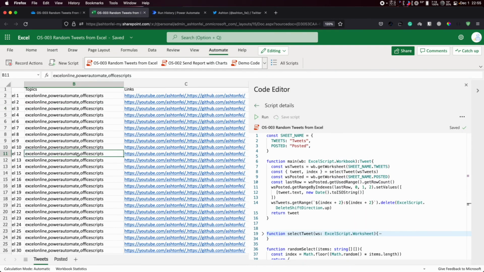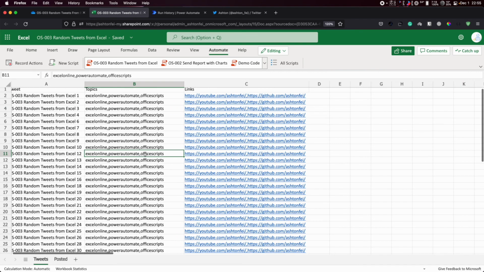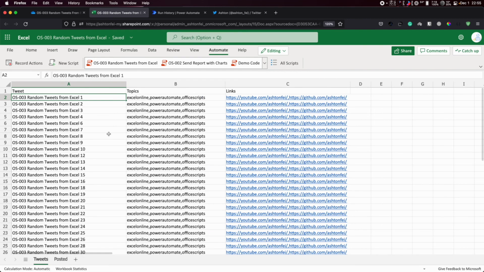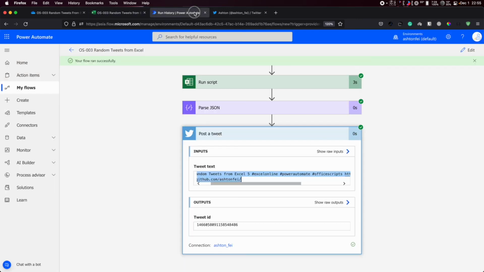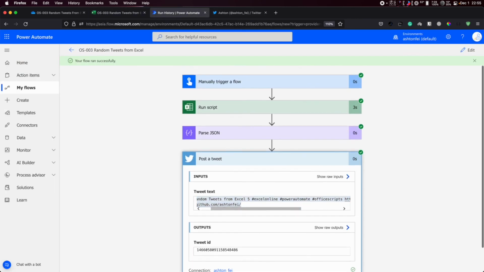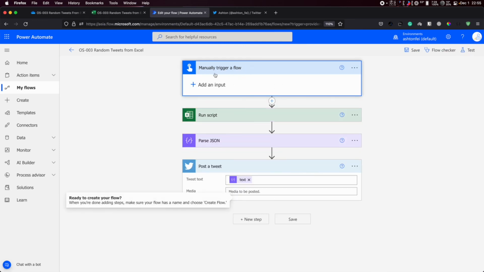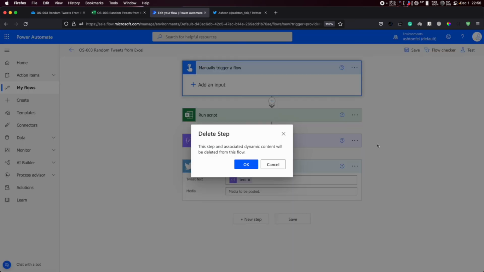So if you're trying to do something similar, maybe you need to post or tweet every day, maybe 20 times a day, you can do something like this. It is very interesting, and it should be a very easy job to do with this automation. And let me show you. The only thing you need to change right now is this trigger. This trigger here is currently a manual trigger for this flow, but you can delete it,